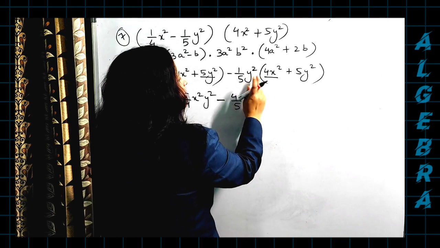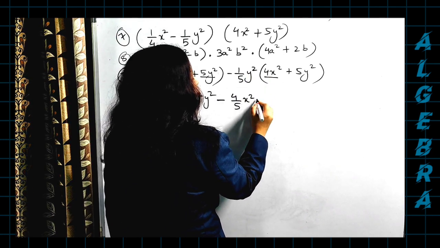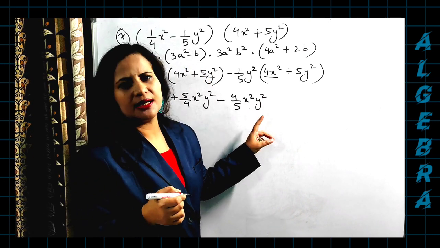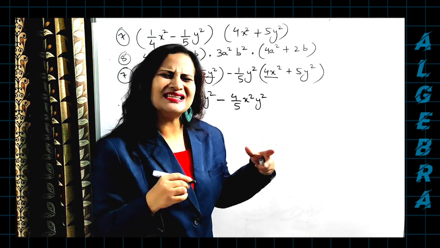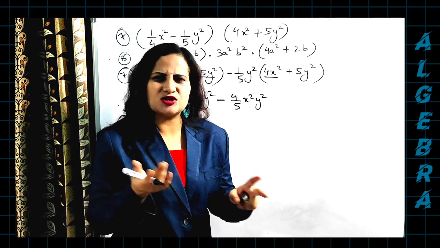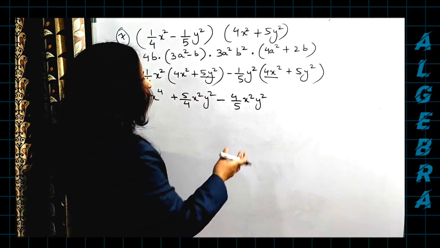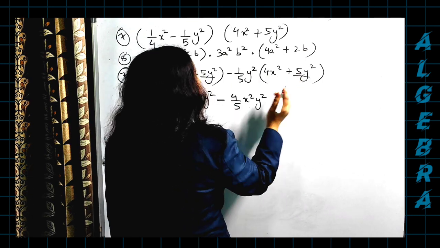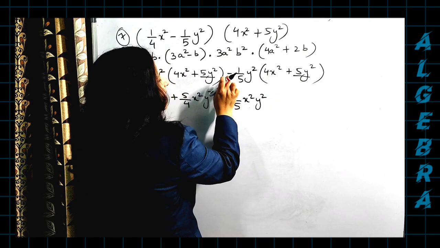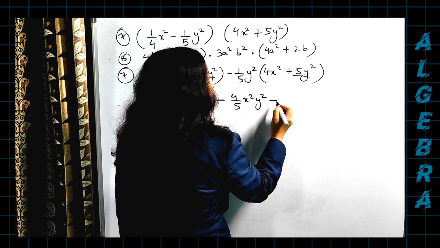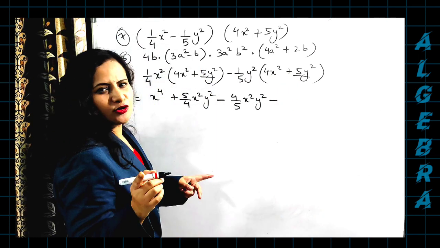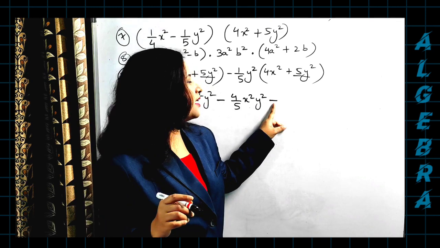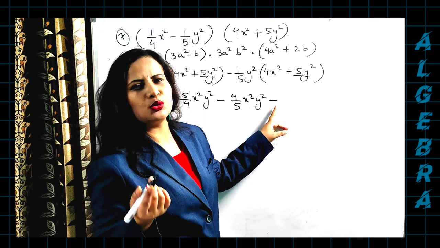Now these are also unlike, these are also x square, y square multiplied. So you can just arrange in alphabetical manner, okay? X square comes first, so first x square, y square. Y square, x square and x square, y square both are the same, okay? Doesn't make a difference. Now next, you are multiplying with this. This one with this. But this is carrying a minus sign, this is carrying a plus sign. First put the sign properly. Minus multiplied to plus, minus. Be very careful about putting the sign. Here is a part where most of the students make mistakes. So don't do that, okay?